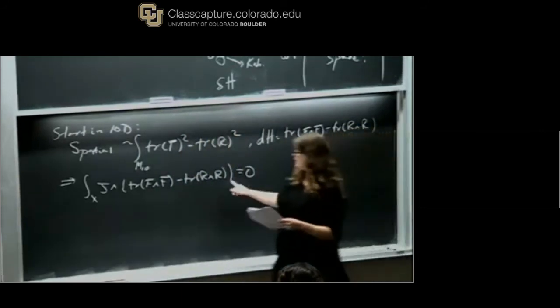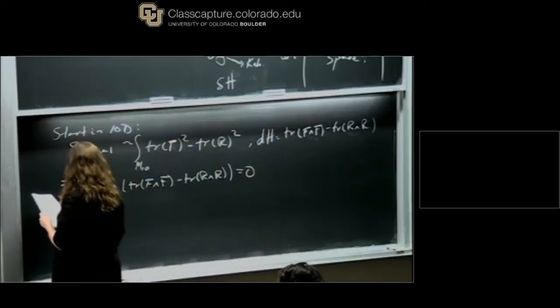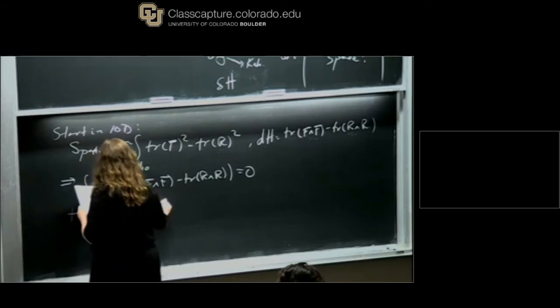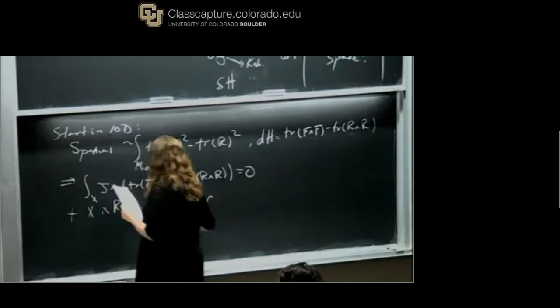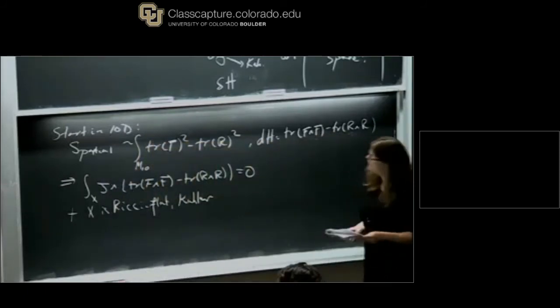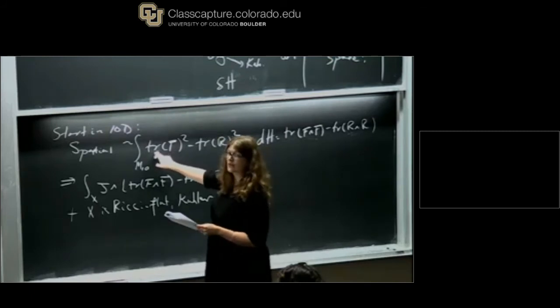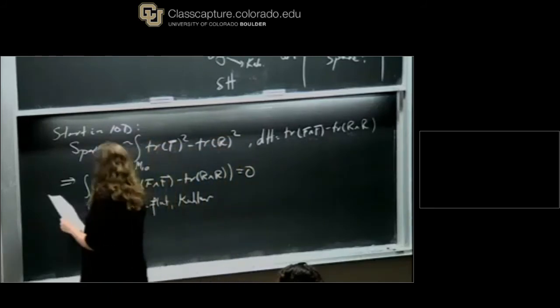So using this expression, plus the fact that X is Ricci flat and Kähler, it turns out that you can show that if you were to expand out all of these guys in terms of the indices, whether they're running over the 4D or the 10D part of your space,